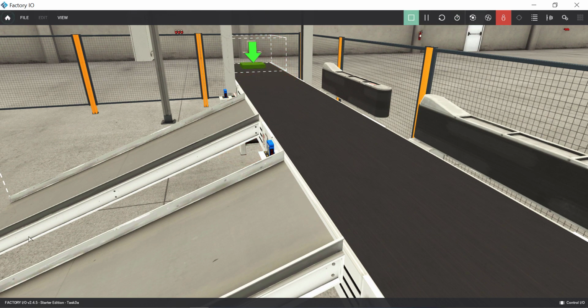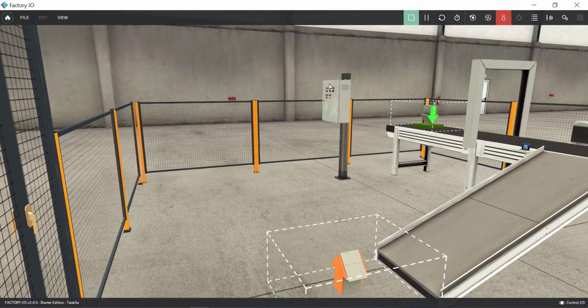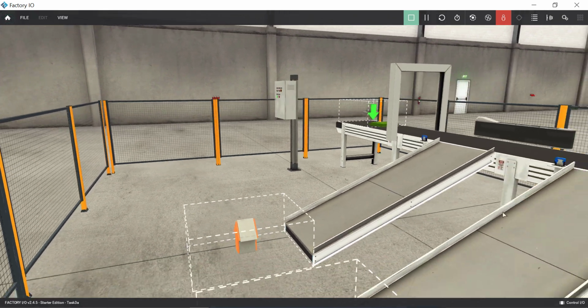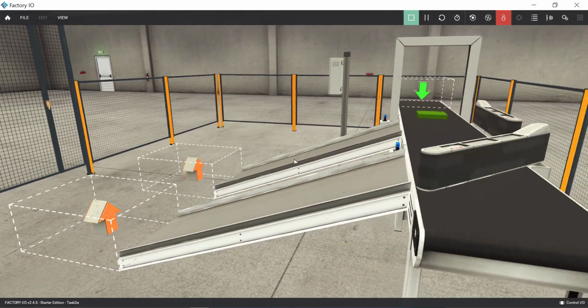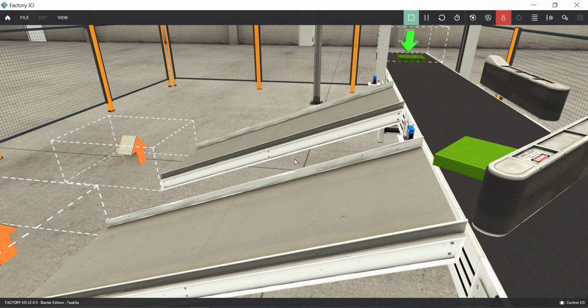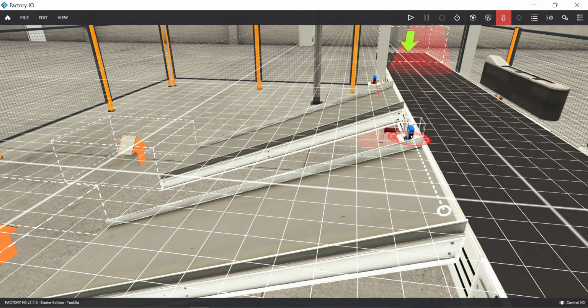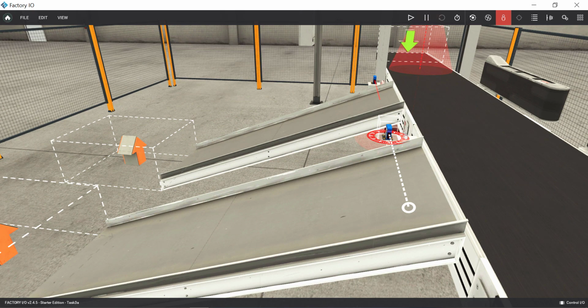I'll tell you what the problem is. When a green color raw material comes up, it's crossing the diffuse sensor and releasing the respective pivot arm. What we have to do is slightly change it somewhere here.